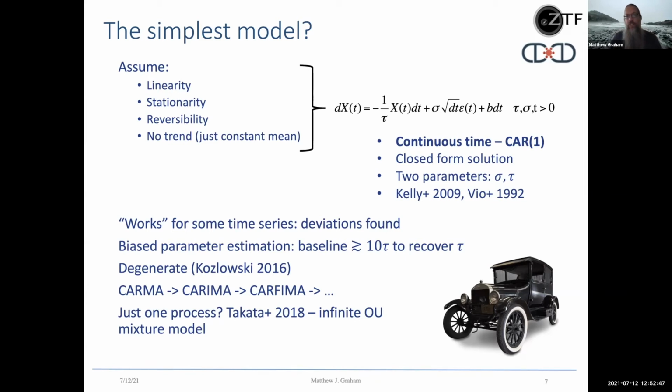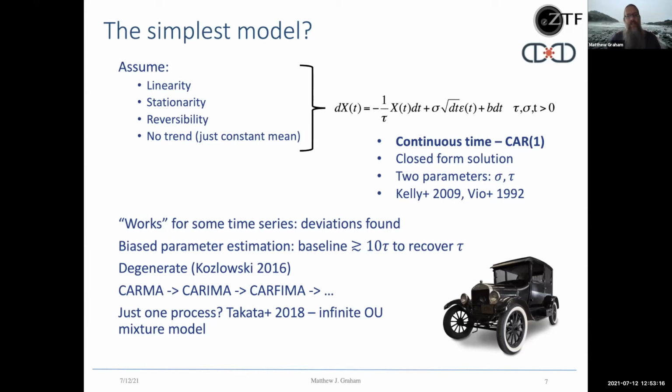It also has a closed form solution, so it can be calculated analytically very quickly, and it's only a 2-parameter model, and you can attempt to ascribe those to physical processes. There's been a whole load of literature over the last decade or so showing that it works for some time series, but there have been deviations found. Actually, it suffers from biased parameter estimation. It can be degenerate, and it's really just the first of a whole series of models